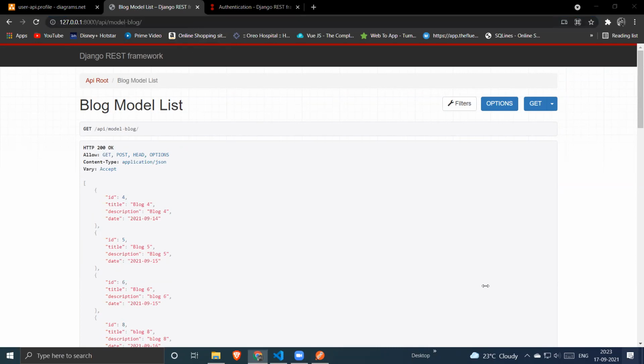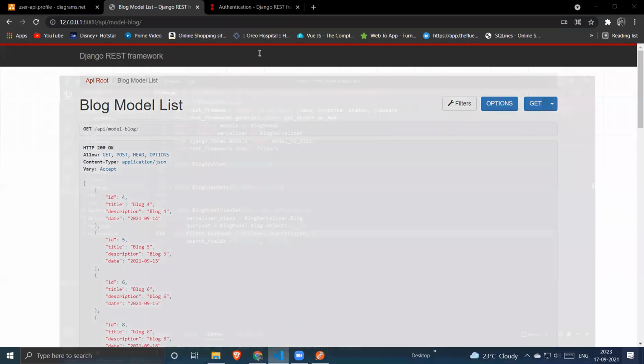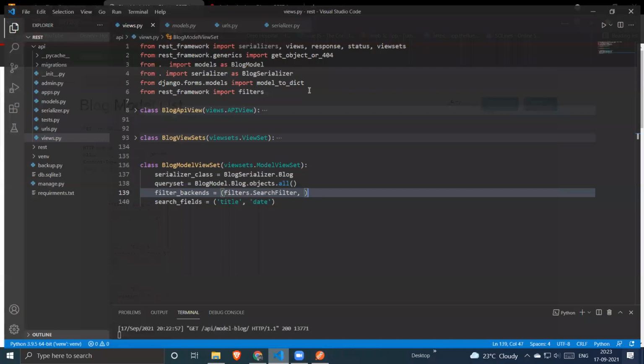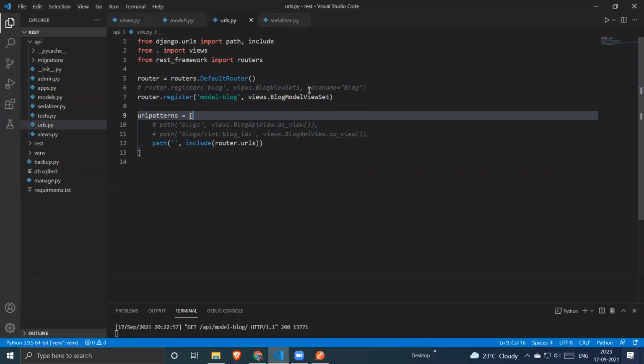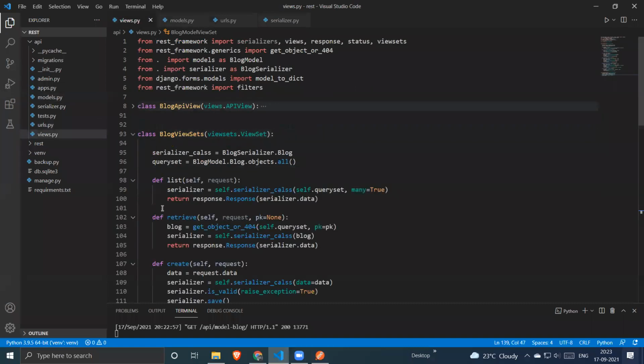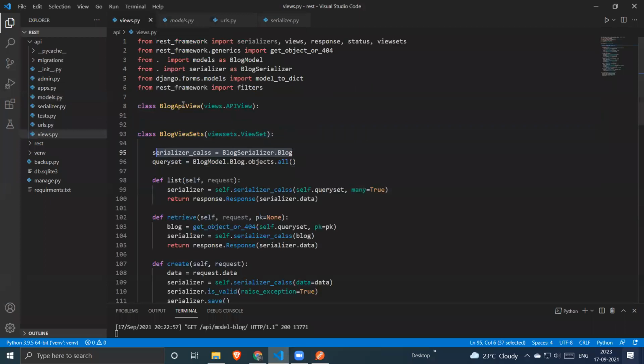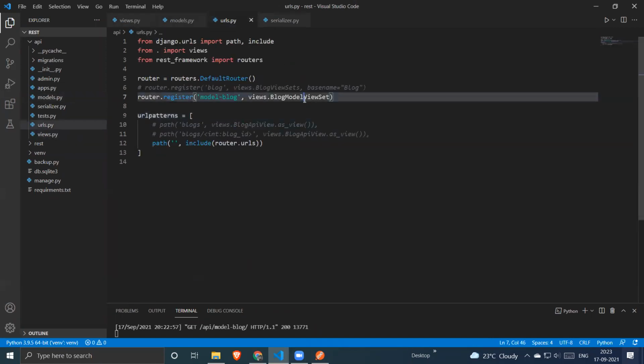Okay, yeah, Ashish. Sir, please explain about base name. Okay, so in urls.py, if you don't provide a query set, for example, if you are just using a model view set, you don't need to provide a base name because we are actually defining a query set. But in the API view set, we have defined our query set, but it was in the list function. It wasn't a global variable. So that's why we have to define our view set. But if you are using a view set, and you are defining a query set as a global object, then again, you don't need to define a base name for the model view set.